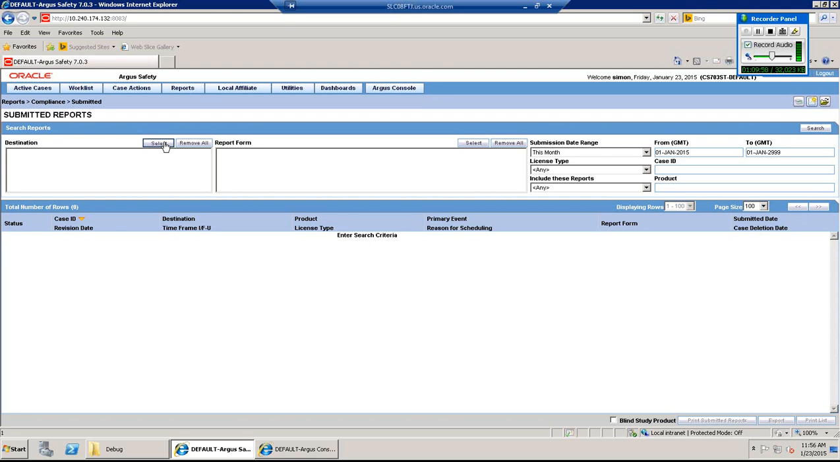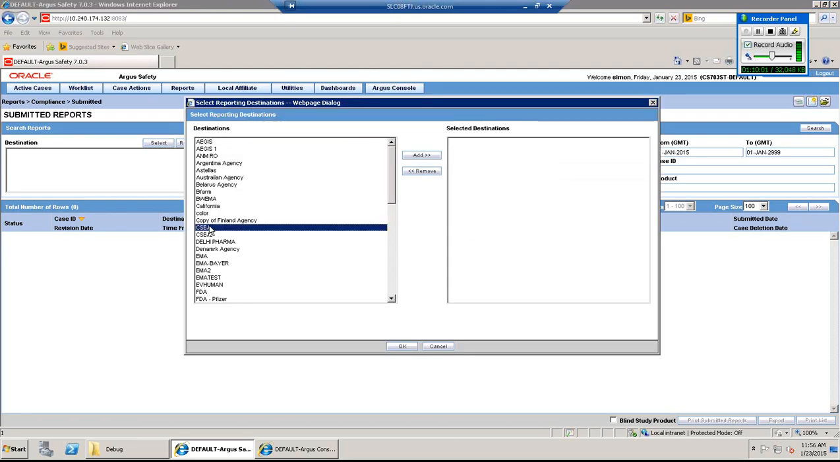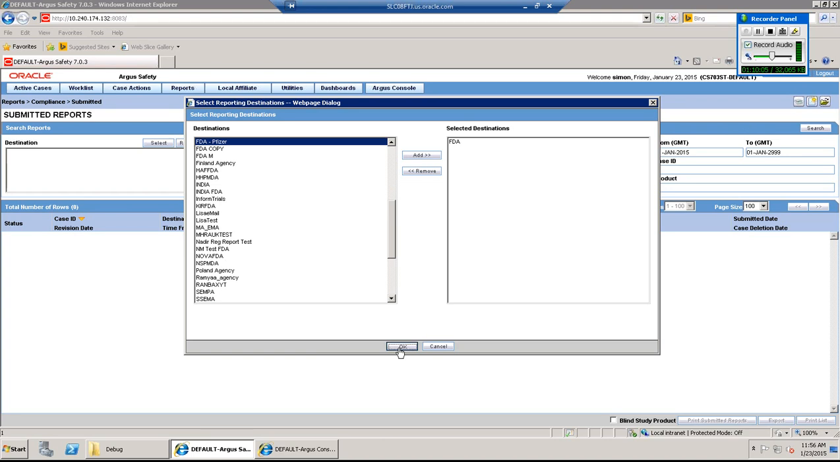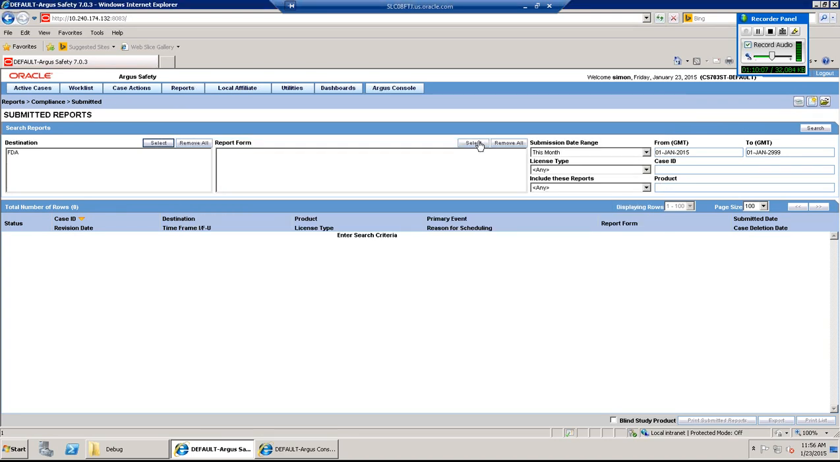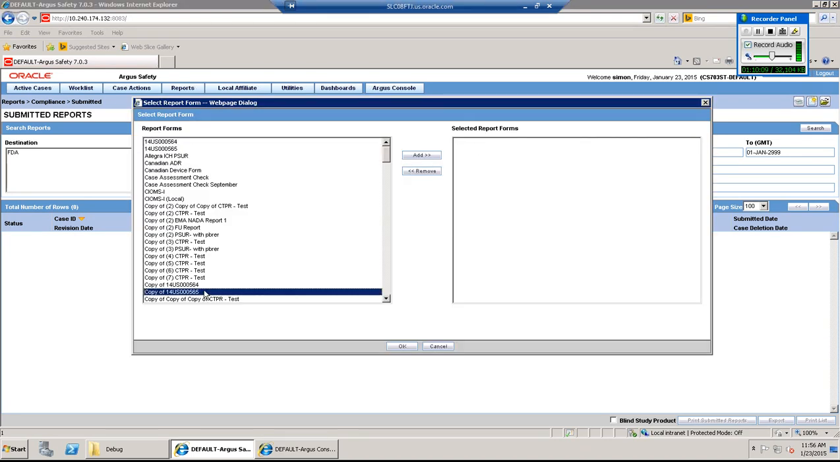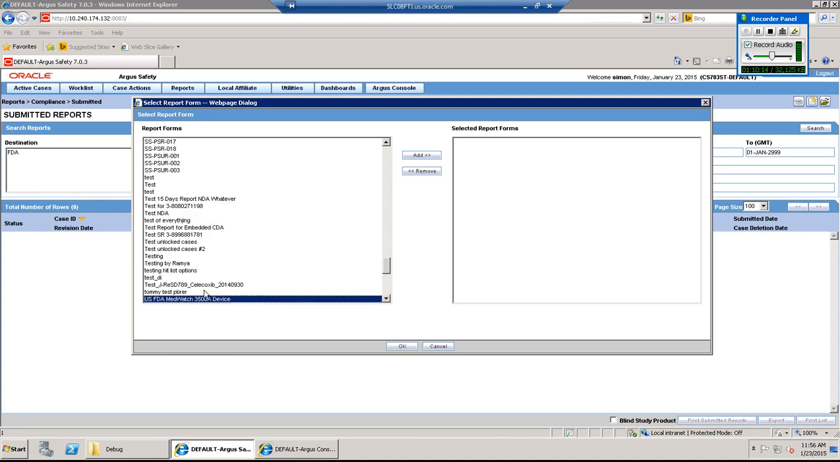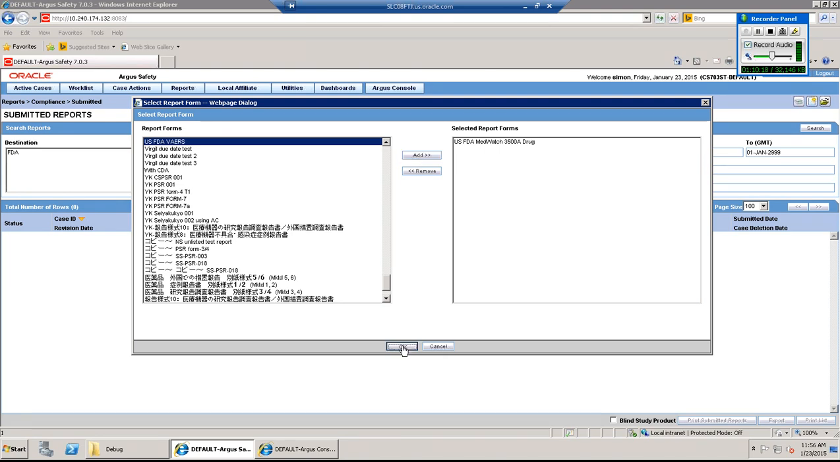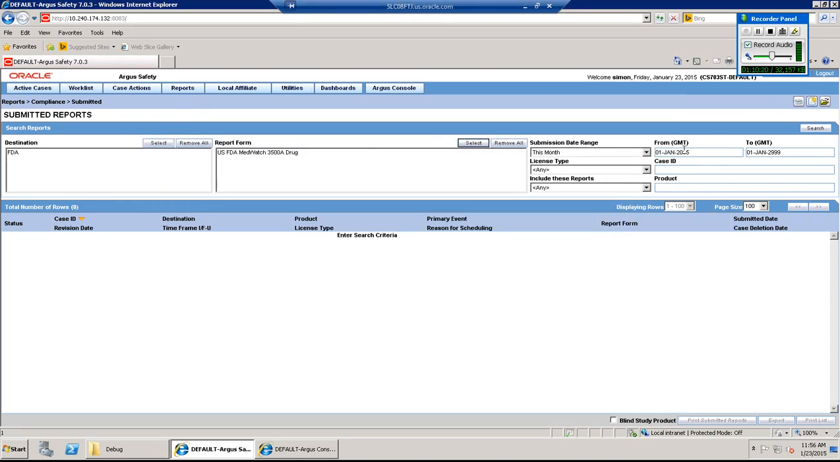Okay, I will select the agency name. I have sent it to FDA, and the report, what was the report I sent? I sent the MedWatch report. So this is the MedWatch report. This month, let me try to retrieve it. You see, my report is appearing. Okay, now